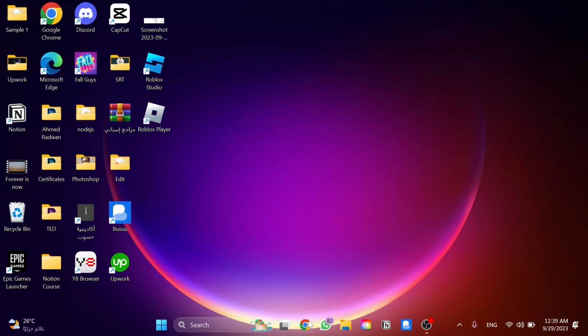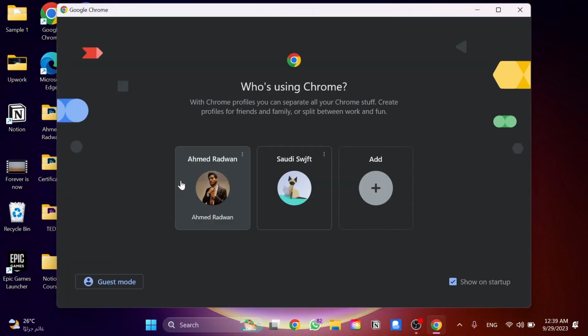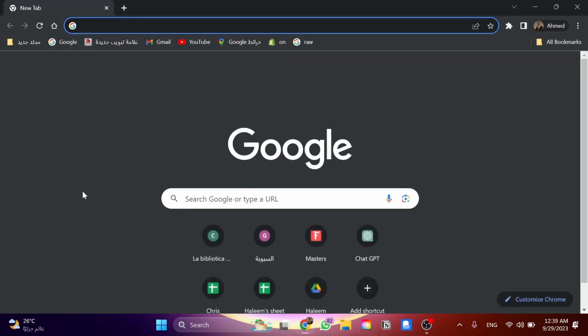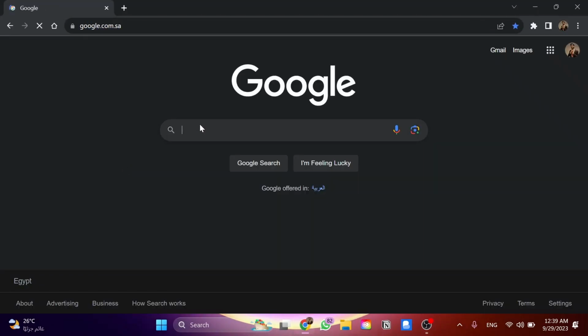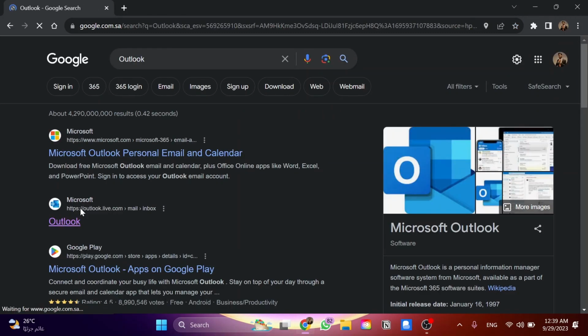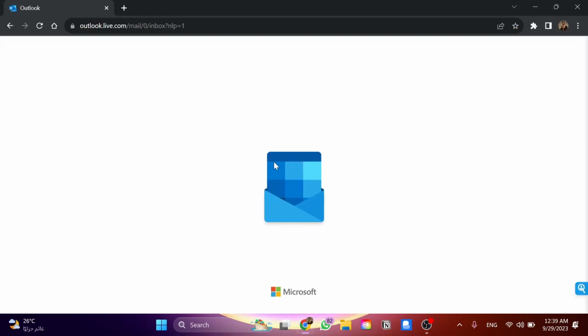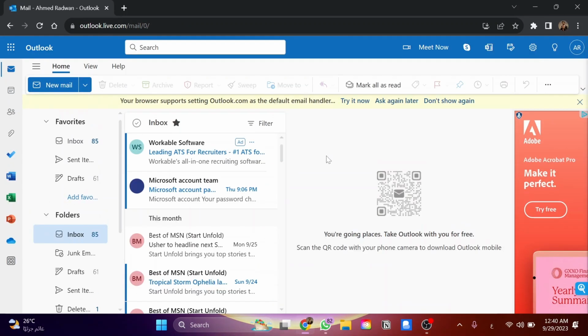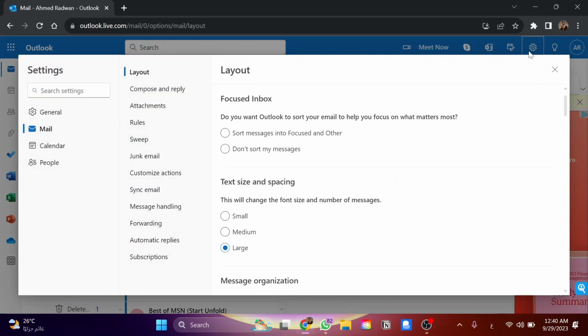And so the first thing we need to do is open the browser. You can do this either with the app or the website, but I prefer to go to the website, so I'm going to search for Outlook. And here I go to Outlook. And then once I'm here on the Outlook website, just wait a few seconds until it's open. Now once the website of Outlook has opened, we'll click here on the settings icon, and then we'll go